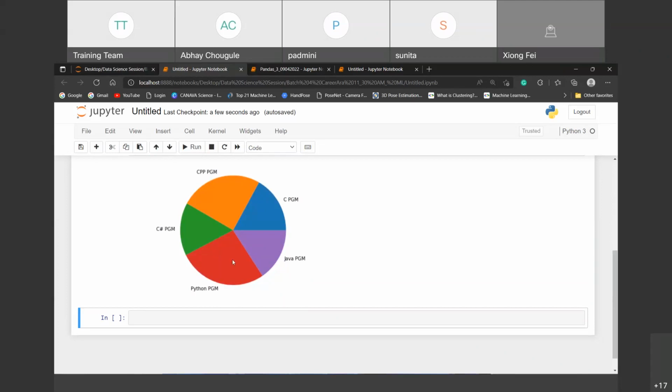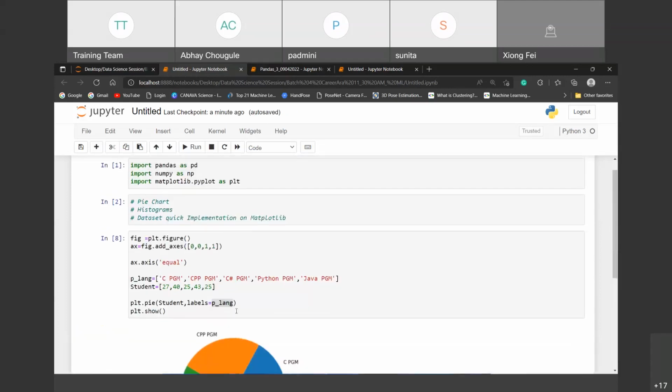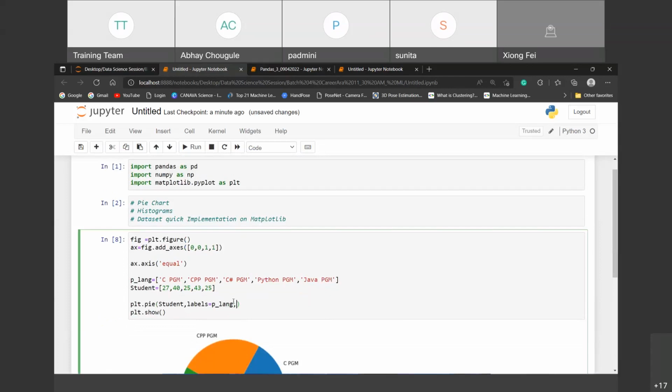Actual value showing on the data, that is different maybe. Maybe there we have autopct using auto. Hmm. Wait, I got